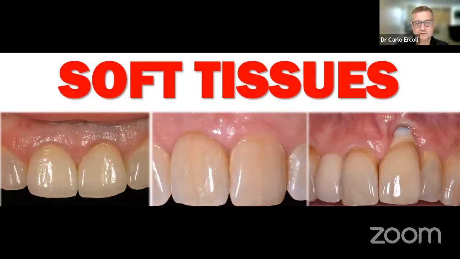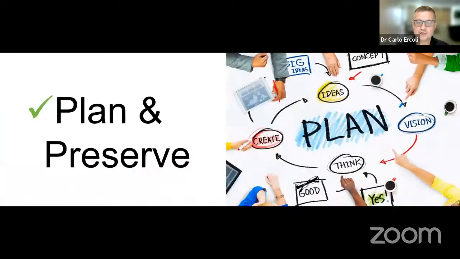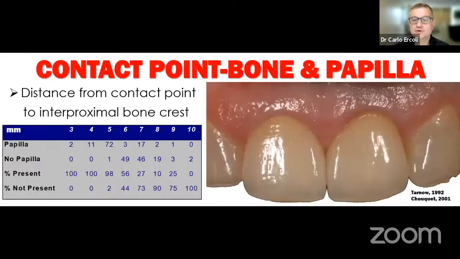And on the picture on the right, of course, you don't need to be a rocket scientist to figure out where the implant is, because of course it's a tremendous failure. So the idea is that you need to plan, and preserve what you have. In doing so, perhaps one of the most important series of papers were the ones done by Dennis Turnow